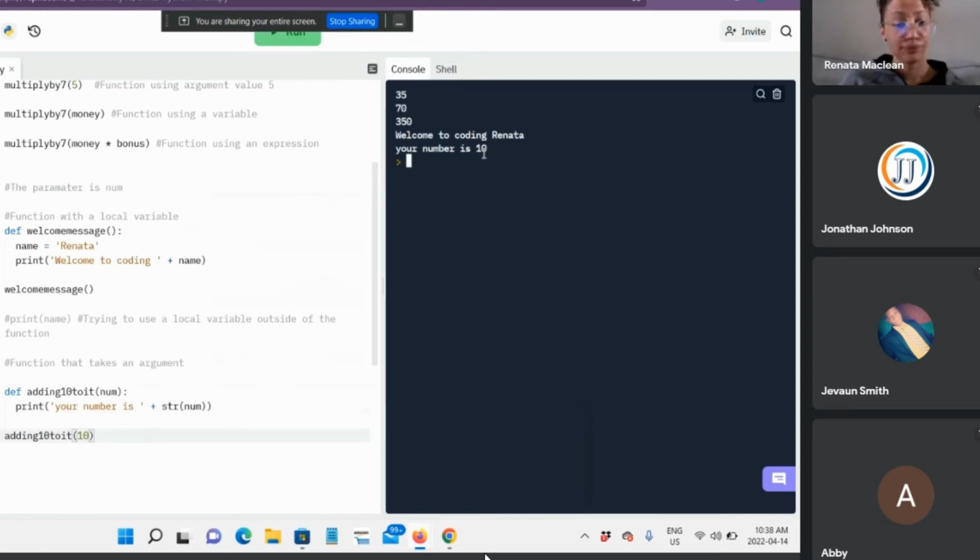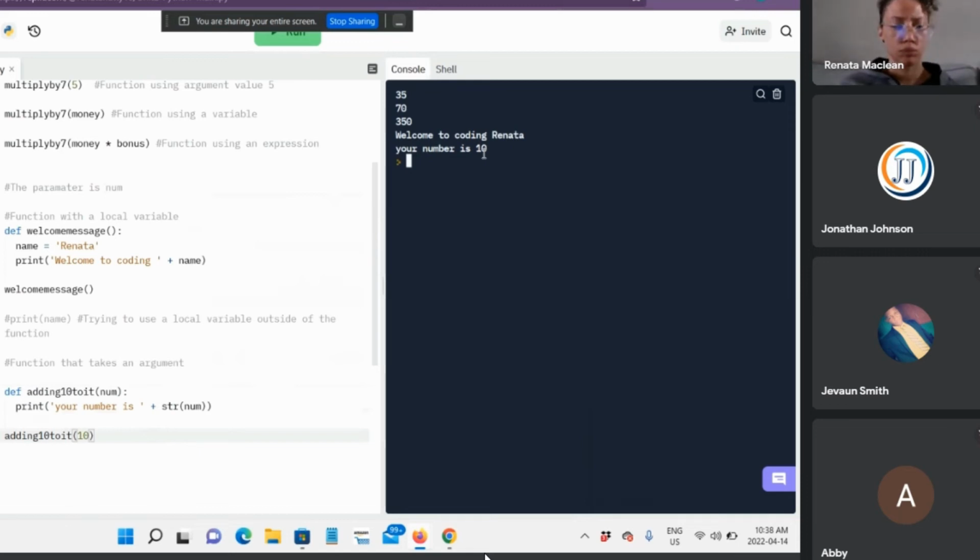Okay, now that your program works, and by the way, everybody listening to me, the only reason why we had to use a string type conversion is because she was trying to add a number to her print statement. If you're doing something else, like multiplying numbers, you don't need to use str, okay? We're only using str because Renata was trying to print a number added to a text, okay? Just want to make that clear.